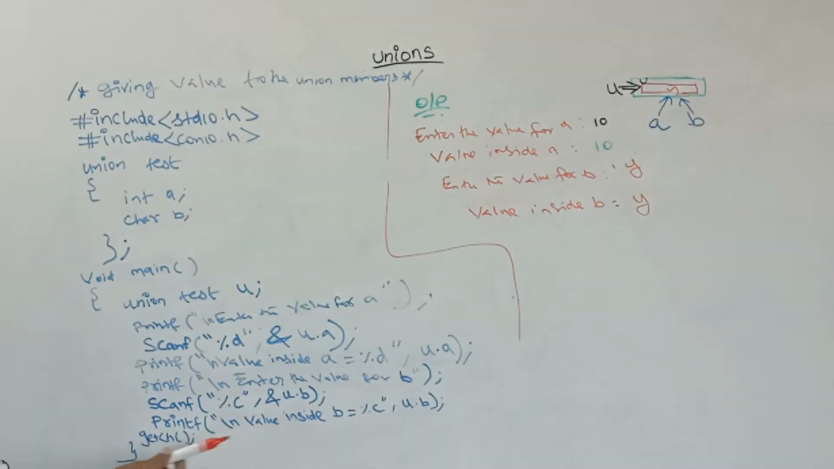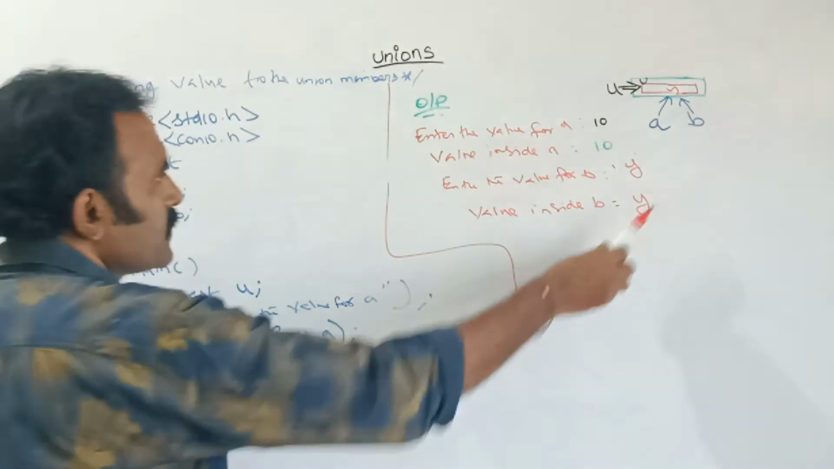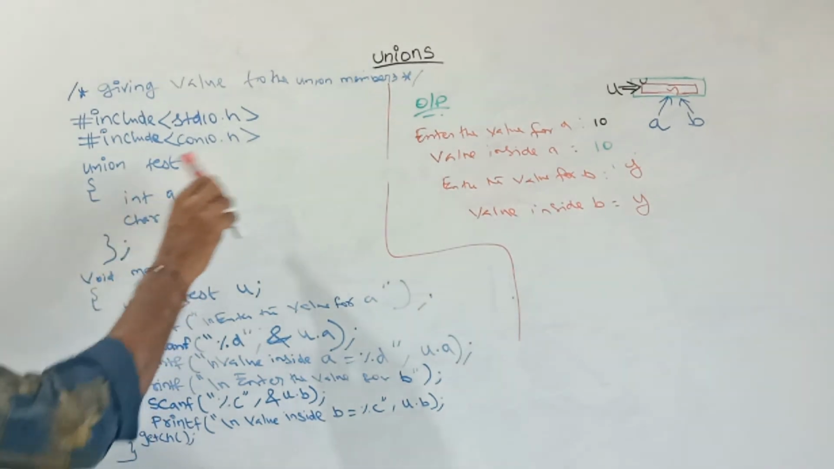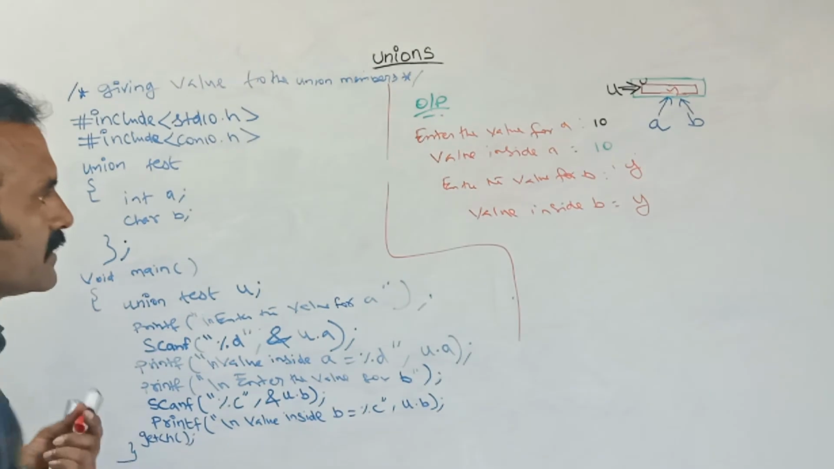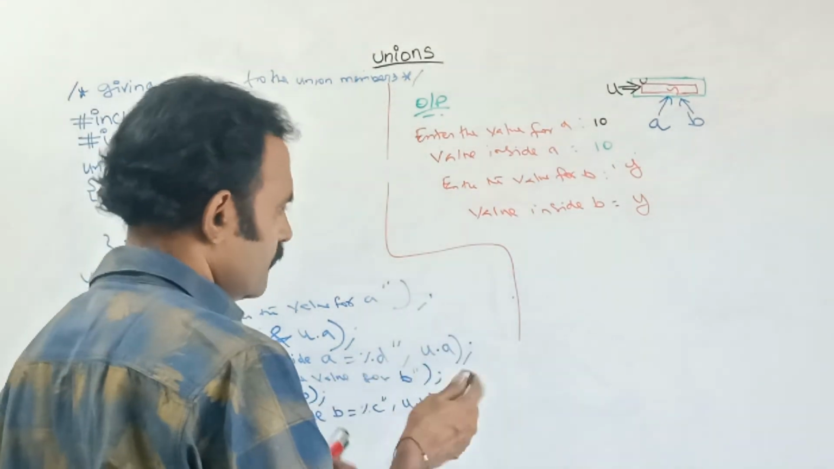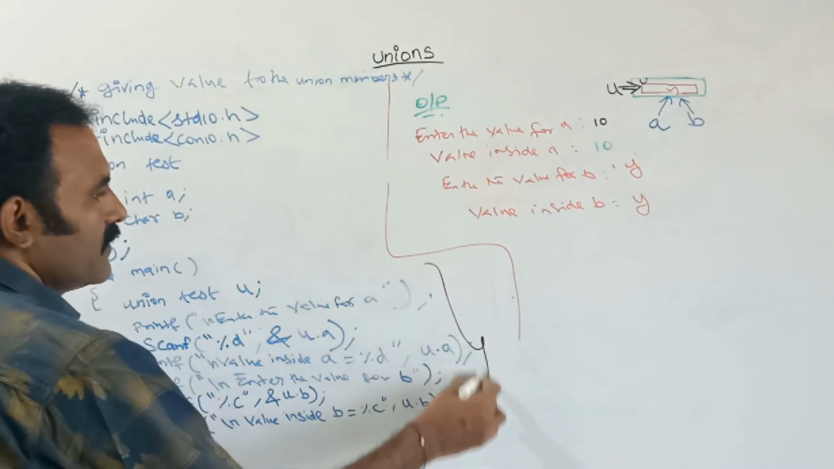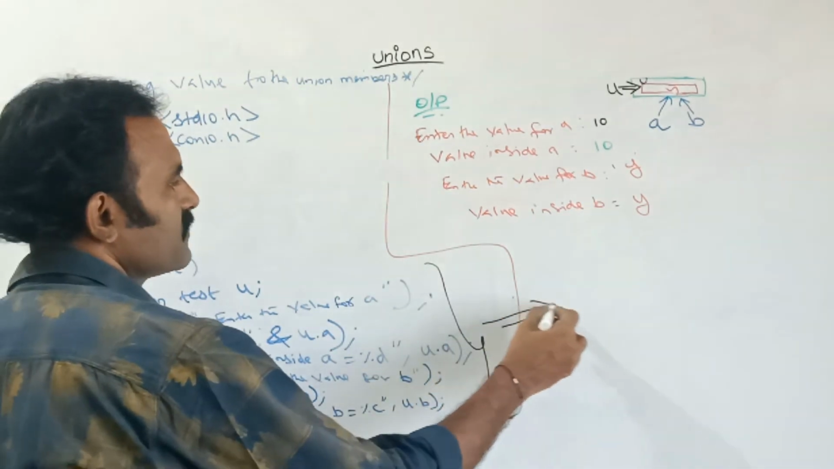So inside that memory the value will be printed as Y. So in this way we can give the values to the union. For the structure and all, at a time we can give the value for these two members like this. Suppose if you are giving like this, instead of using this, suppose if you are giving like this,